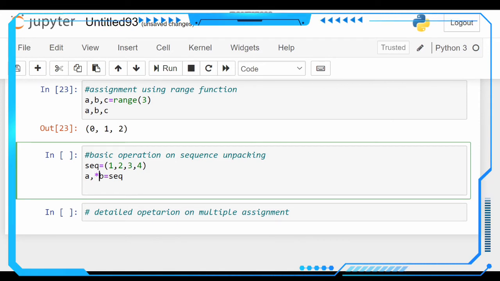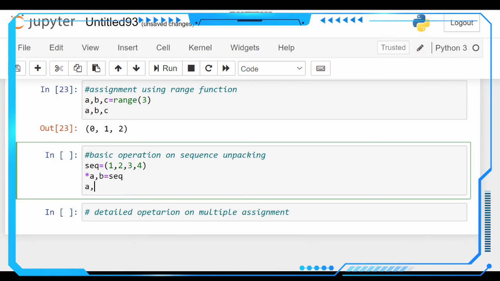So what happens, we are going to give star to a. If we give star to a, almost all the elements from starting to ending are assigned to a, but except the last one, 4 is assigned to b, and the rest of all the elements present in this tuple are assigned to a.